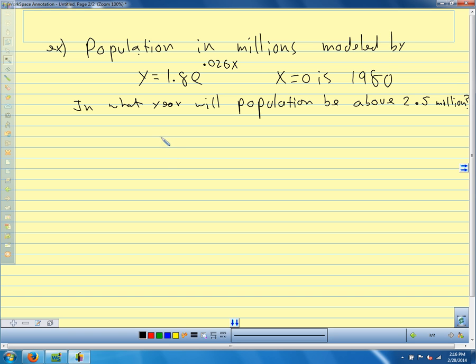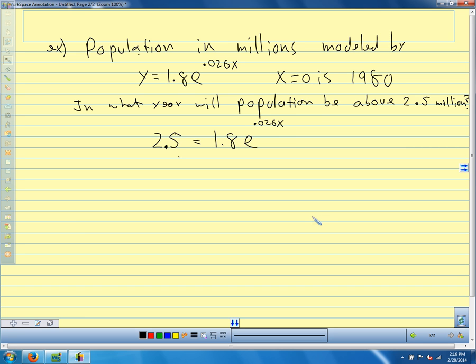So I'm going to put 2.5 million here. 2500,000, is that right? Oh, it's the population in terms of millions. Okay, so what do I put there? Just 2.5, okay. That's a mistake that a lot of people make in these types of problems: if the population is in millions, or the population is in thousands, you have to make sure that the number you put in corresponds to the units they give you. 2.5 equals 1.8 e to the